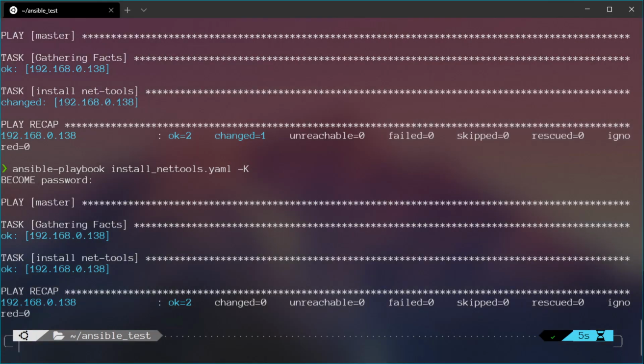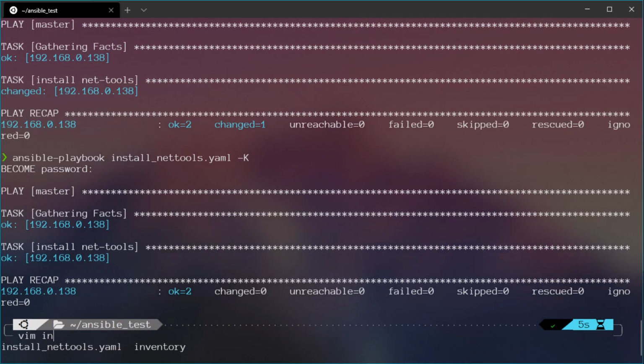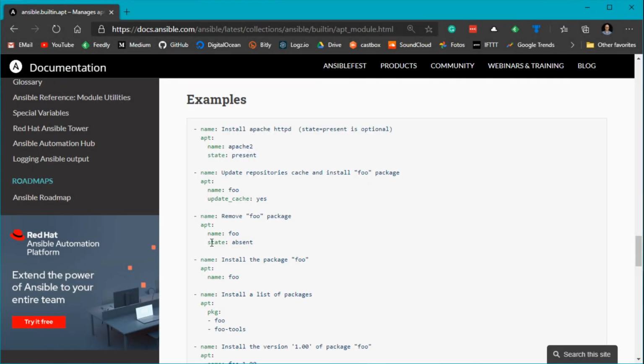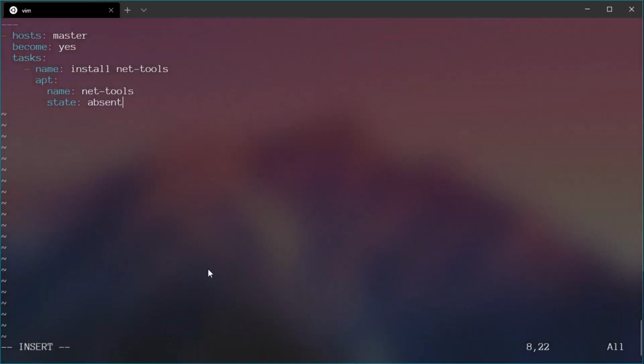So let's say we just want to remove nettools on the master, but install it on all the different nodes. Let's do that. We can just edit our inventory file. And I now need to change the state to absent. As we can refer to the documentation, the absent state will remove a package. Okay, let's start with a new section because I want to install that on the nodes and remove it on the master. We also need to become the sudo root user, tasks,